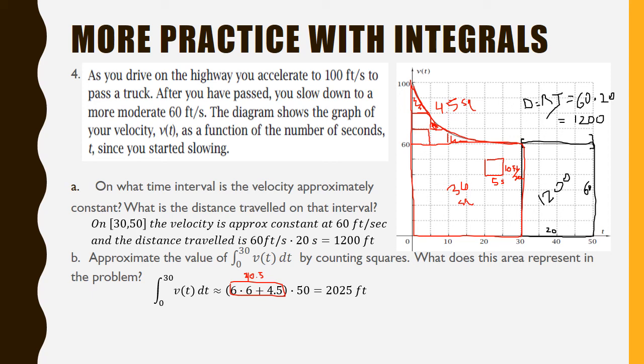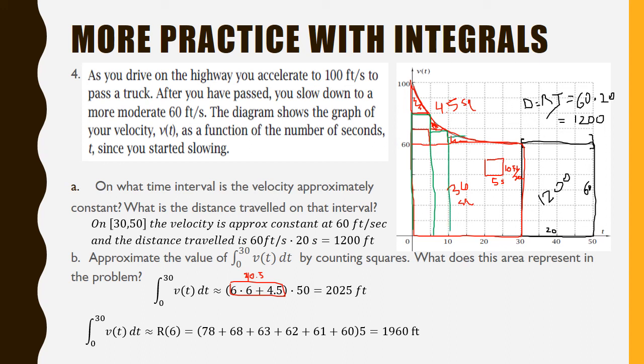How else could I have done that? I could have used a right-hand sum and done some rectangles here, and there I would have had to approximate. So a right-hand sum here with 6 rectangles. I could have done something like this, and then like this, and of course that would have been an underestimate, right? And so I had to estimate those numbers there, and that gave me something more like